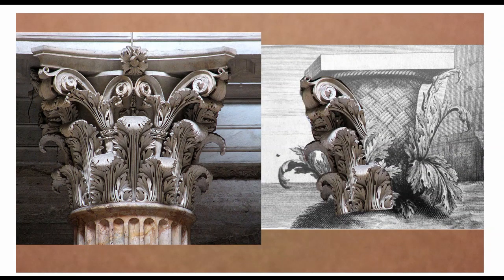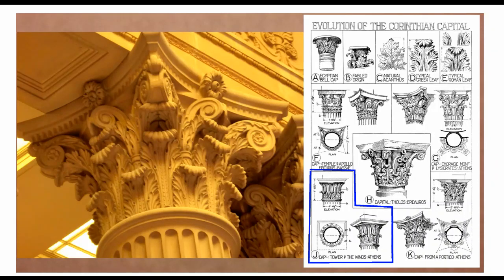So those volutes, these swirls at the corner, are that design. You can see how that's the inspiration for it, and then we just have the acanthus leaves around the base there. Now, of the many variations, the most notable one is the Tower of the Winds, Corinthian style,